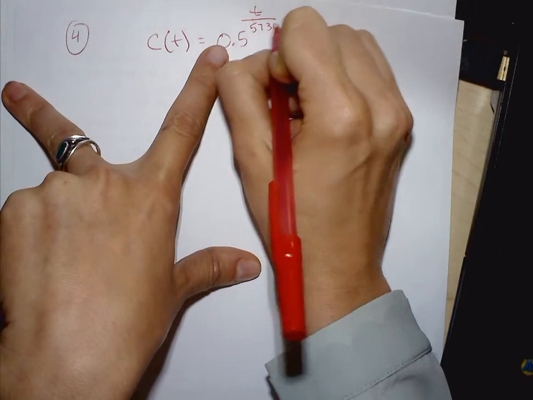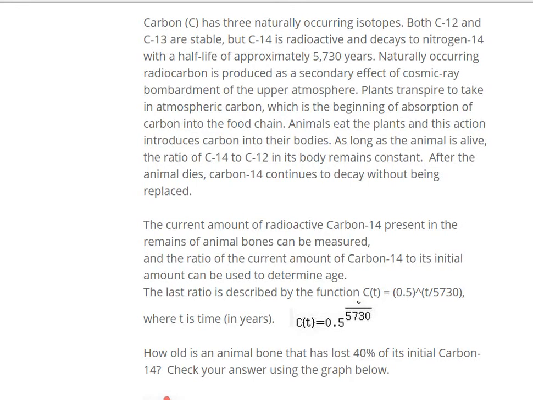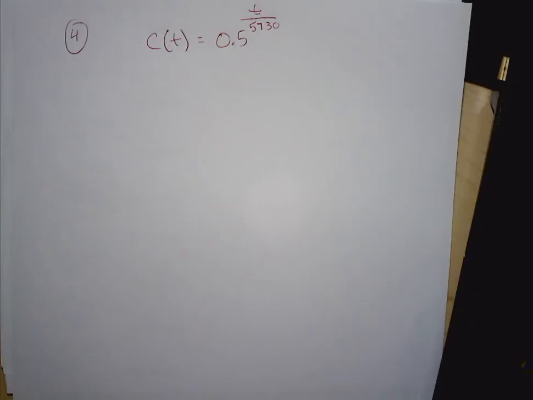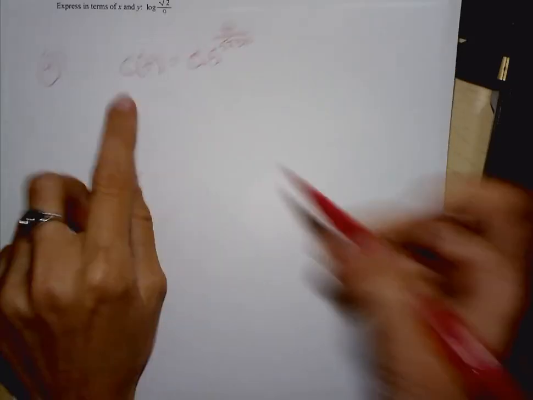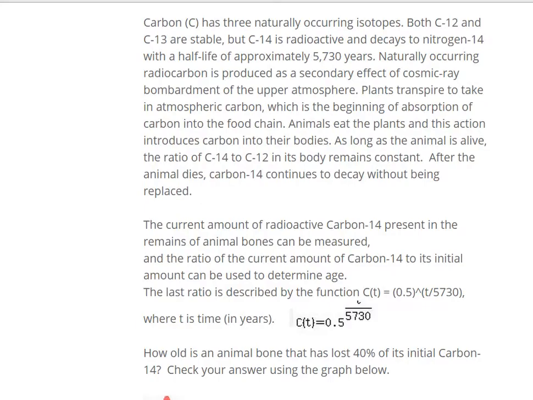So is T in years? Whoa, T is in years. That means it halves the life every 5,730 years. Yeah, that's what it says here. That's crazy. So carbon doesn't decay that often. It's kind of cool. Okay, so the question says, how old is the animal bone that's lost 40% of its